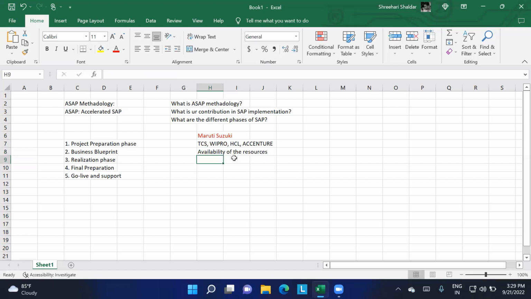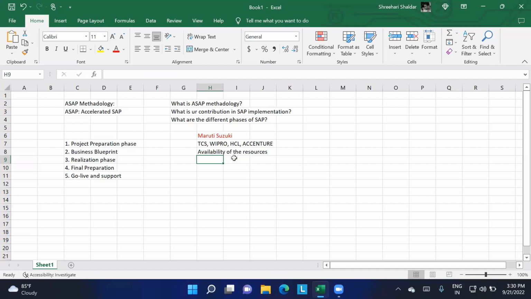Then they'll check who will implement SAP in a cheaper way, and who will understand the business very accurately. They'll look into all these things, along with the brand name and different aspects.